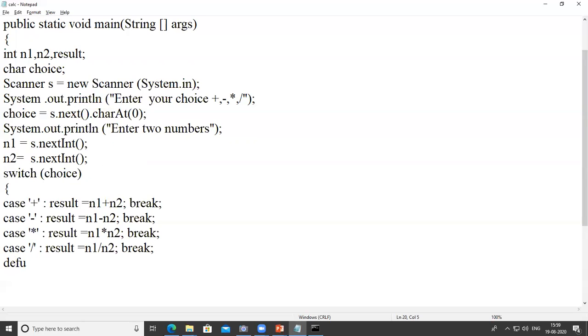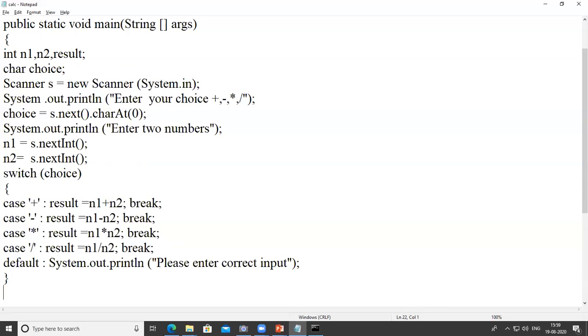Here we can use default also. System dot out dot println, please enter correct input. Okay, after that we close the switch case block.